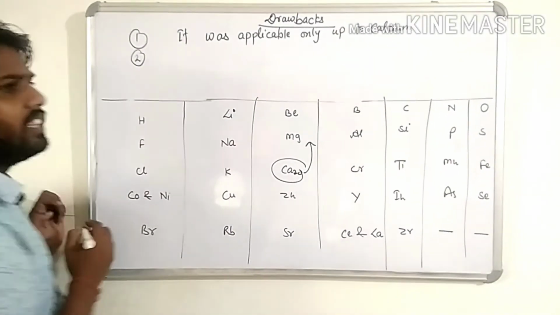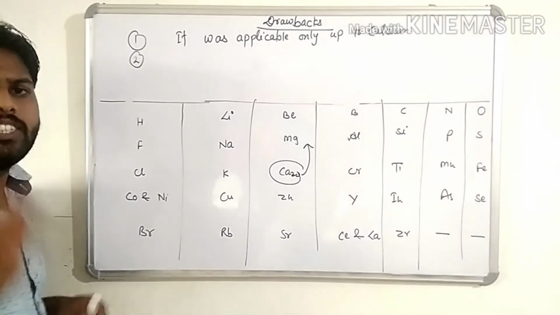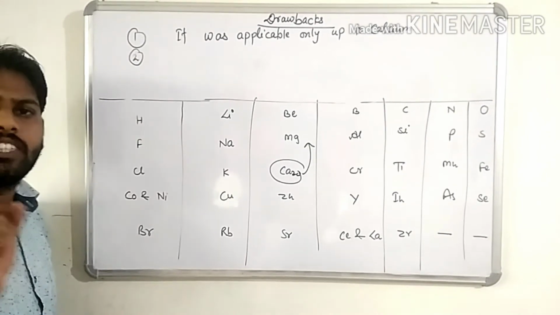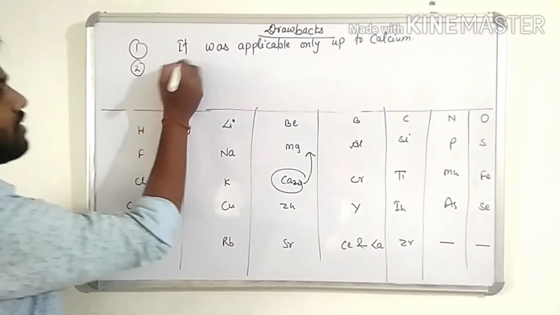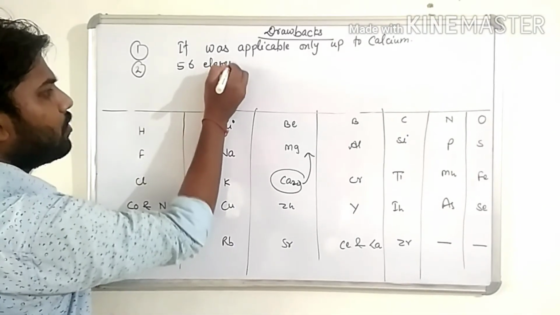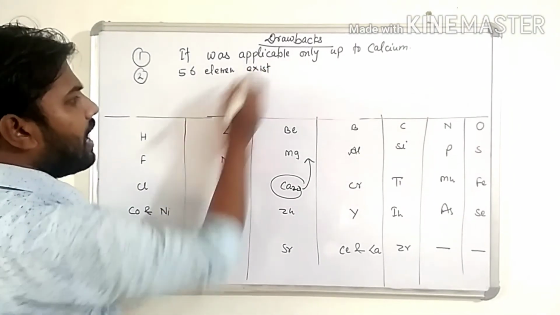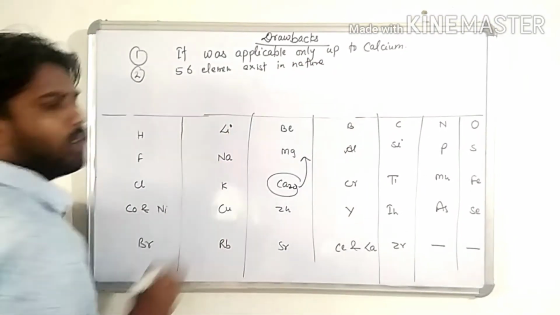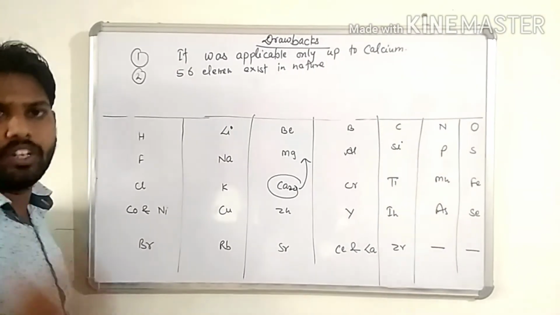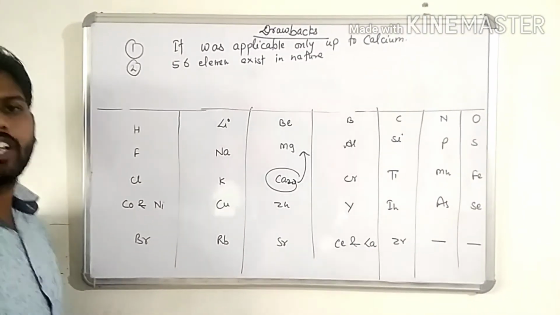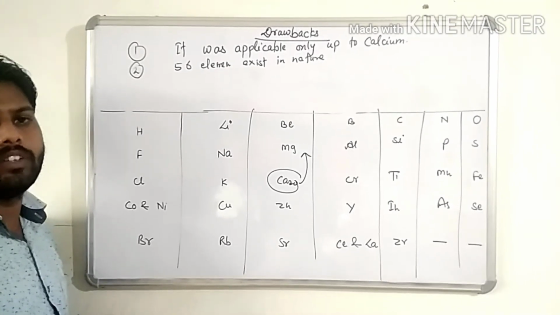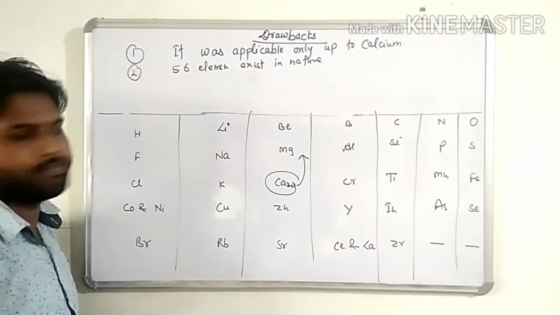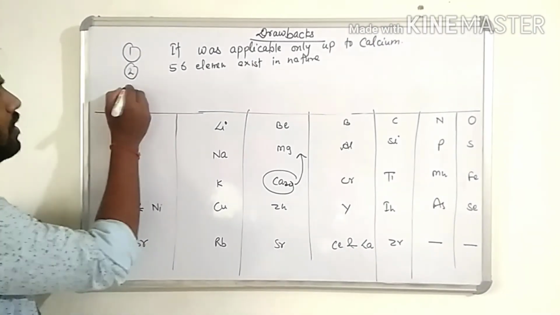The second thing is that at that time 56 elements were known. So he stated that only 56 elements exist in nature and no more elements would be discovered in the future. But children, later on several elements were discovered and they did not fit in the law of octaves. Clear, children? The third is